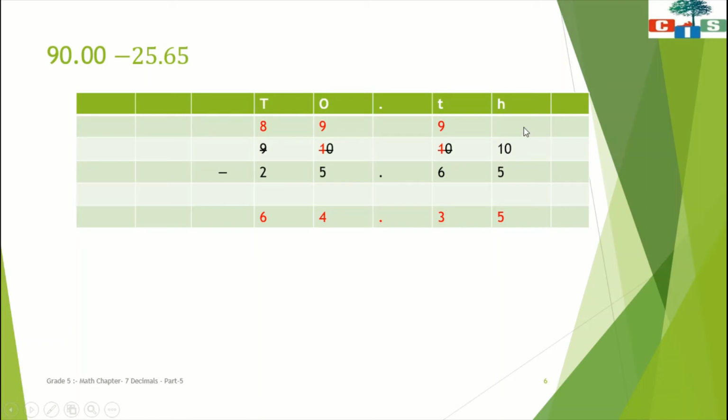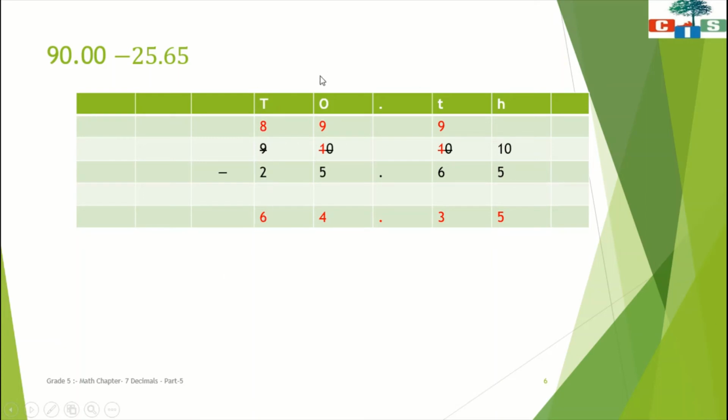Okay, now scholars, we can easily subtract 10 minus 5. So 10 minus 5 will give you 5. Okay, now we'll subtract the next place value, that is the digits which are at the tenths place. Here we have 9, 9 minus 6 will give you a difference of 3. Okay, now we'll put the decimal point as it is and we'll subtract the whole number part. So here we have 9, so 9 minus 5 will give you 4, and 8 minus 2 will give you 6.